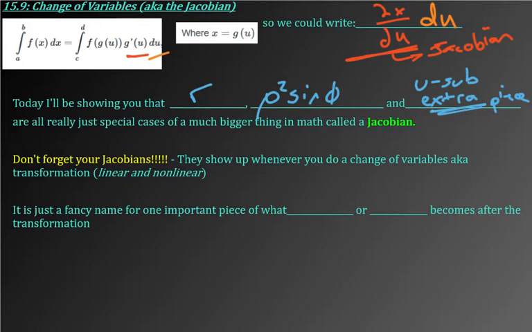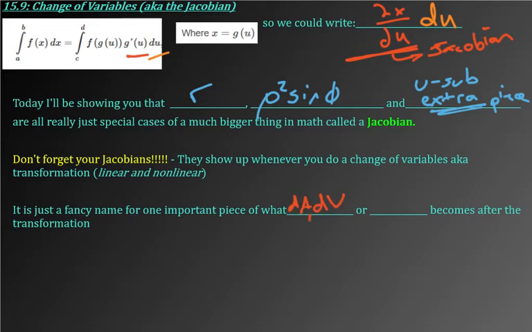One of the things that you'll do a lot in upper level applied math settings is do changes of variables to make problems easier. And whenever you change a variable, you just have to remember these Jacobians. You're going to have to add in these random extra terms. I'm actually going to show you today where this one comes from, and I think next time I'll show you this one in another video. But it's really just a fancy name for one important piece of what dA or dV